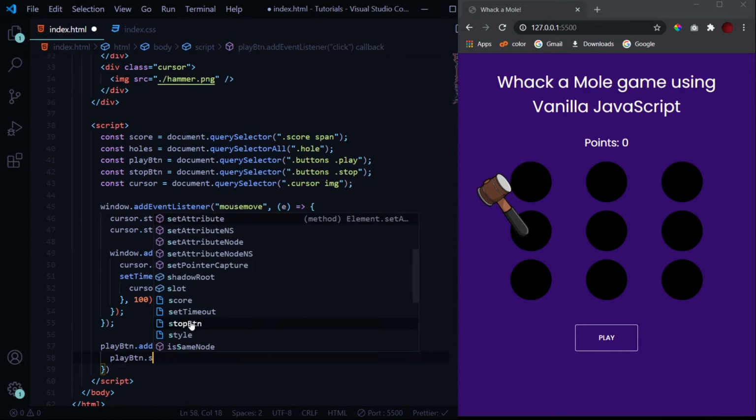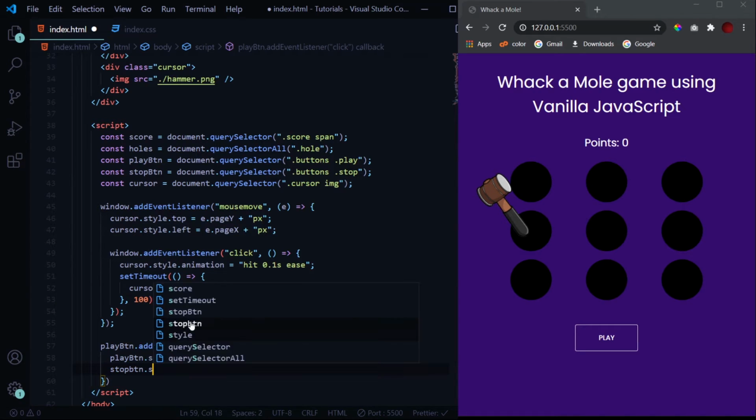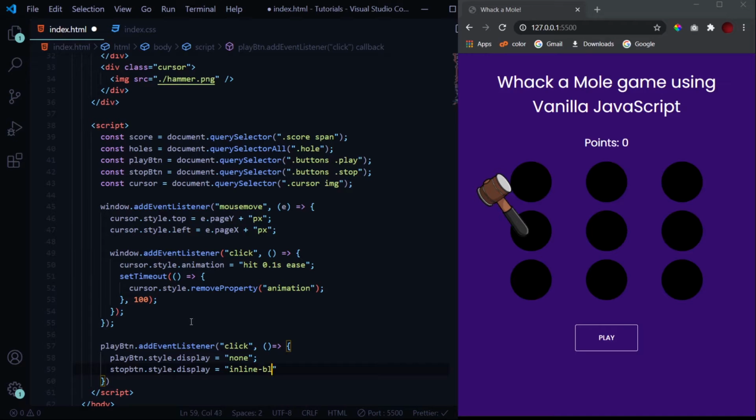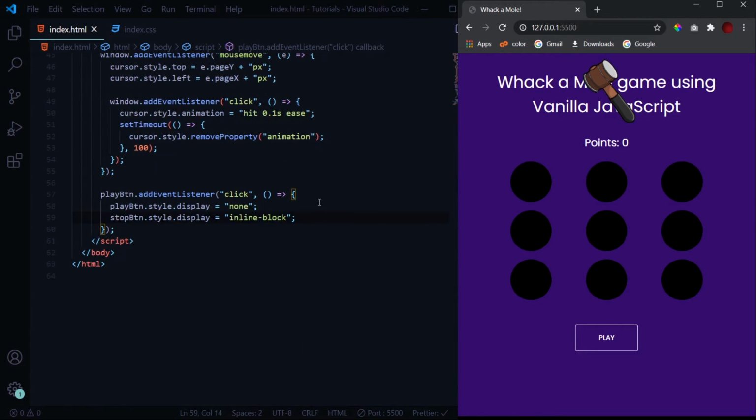So playButton.style.display is equal to none, which will hide the play button, and then stopButton.style.display is equal to inline-block. When I click on play, the stop button isn't displayed. Oh, this B should be capital over here. Let's reload it, and now when I click on play, the stop button gets displayed and the play button is hidden. Now we need to start our game.